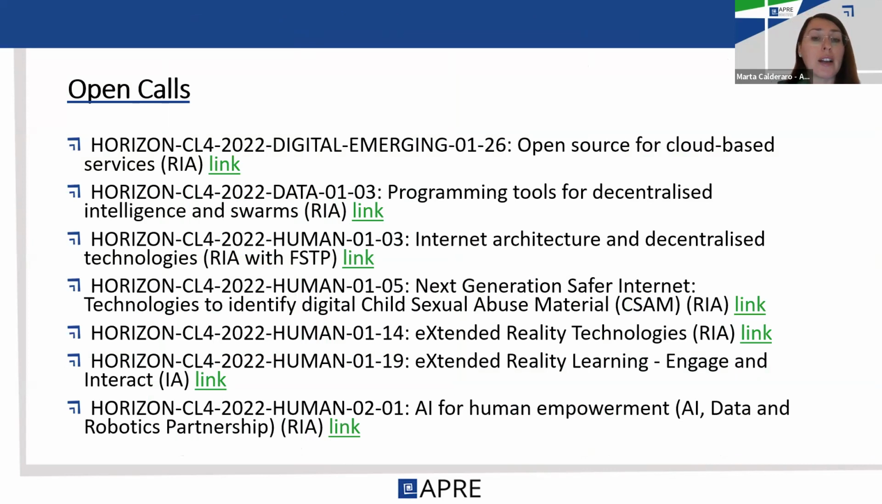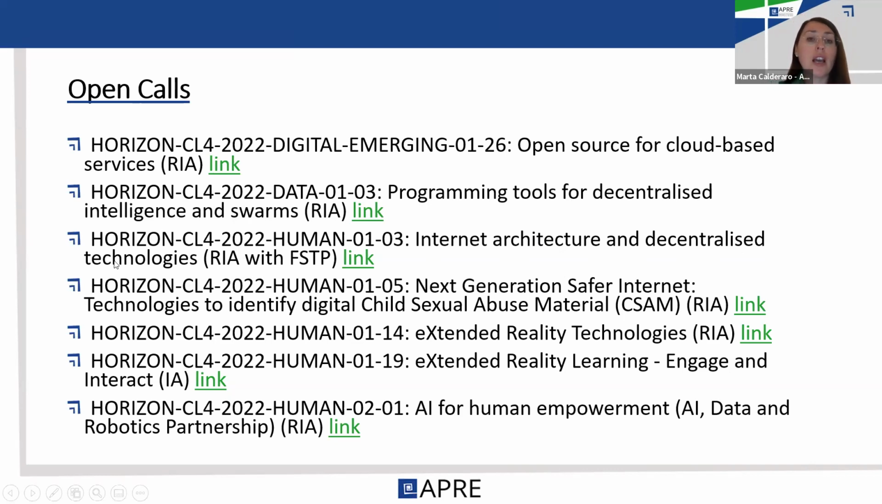So there are opportunities concerning open source for cloud-based services. This is a research and innovation action where I would like to remind you that you can apply via establishing a consortium, for a 100% funding rate. There is the research and innovation action on programming tools for decentralized intelligence and swarms. And a research and innovation action that is going to have 80% of financial support to third parties concerning internet